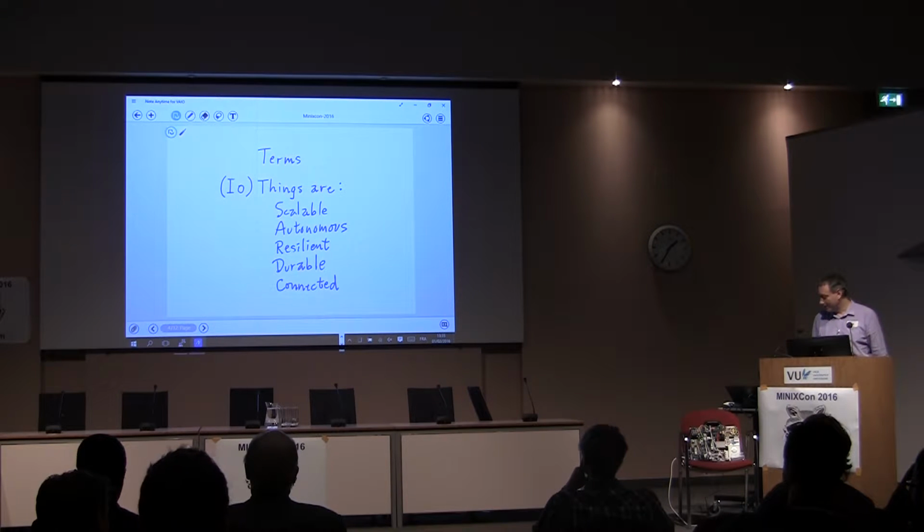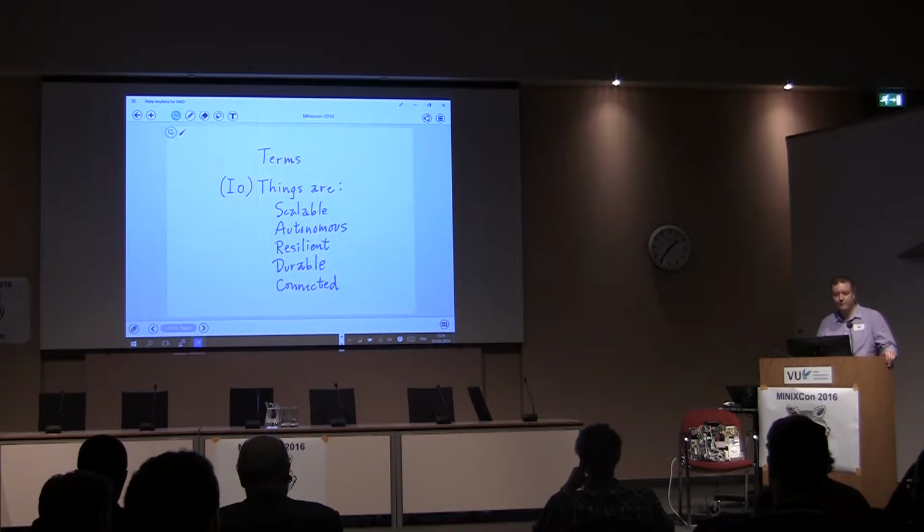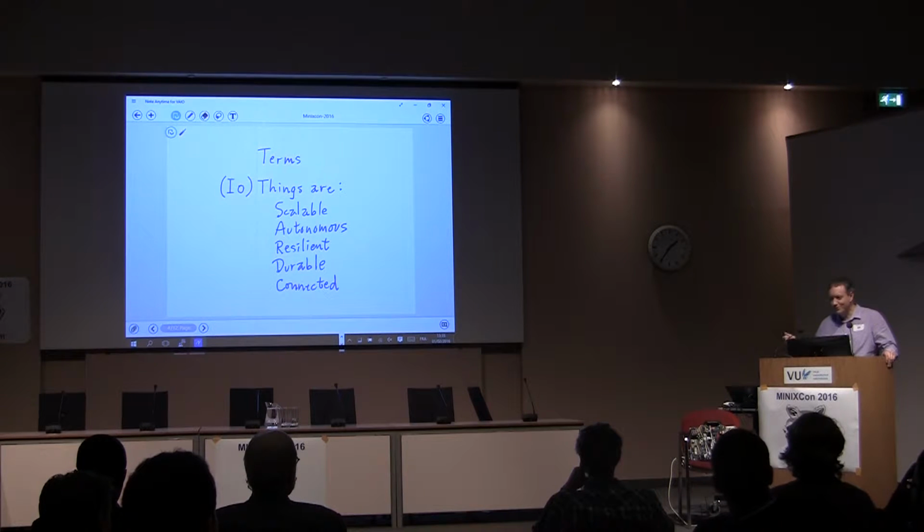And the next thing to understand is that there have been some efforts at defining Internet of Things, or what a thing is that can participate on the Internet and belongs to the IoT term. And it basically means that it's scalable, so we're talking about not thousands, but probably millions and even more devices of this class. For the architecture, it means it's an autonomous thing, so there's no human attached, and it could still work. Think of the vacuum cleaner in your home, the modern thing that spins around and knows where the stairs are and so on.